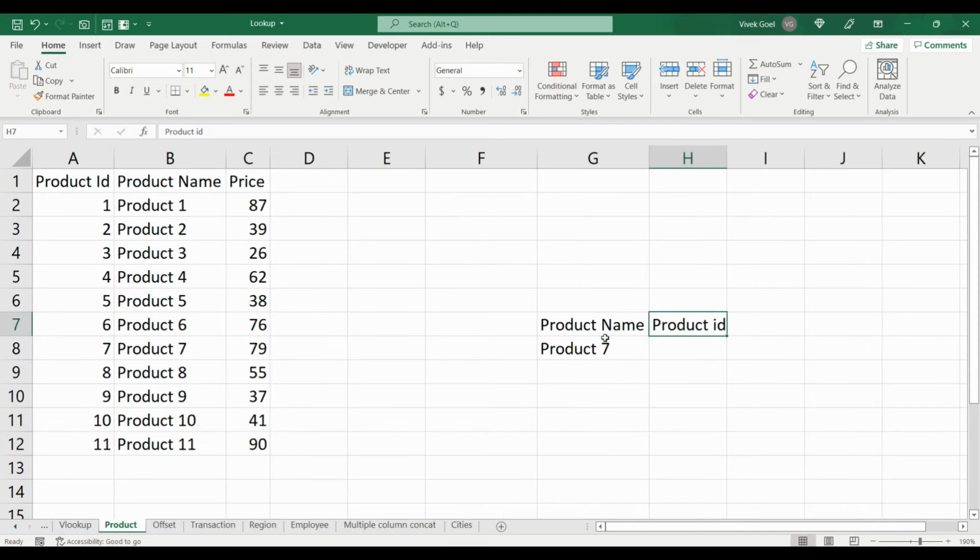Let's see another situation where we want to get the product ID using the product name column. Now product ID is on the left hand side of product name, and the basic rule of VLOOKUP says that the range should always start with the column where we want to perform our search. Here we want to search on product name, but we want to return product ID. So how can we solve this? Hold on to this thought. We will use index and match to solve this problem easily in our future video, and we will also solve this using XLOOKUP as well.